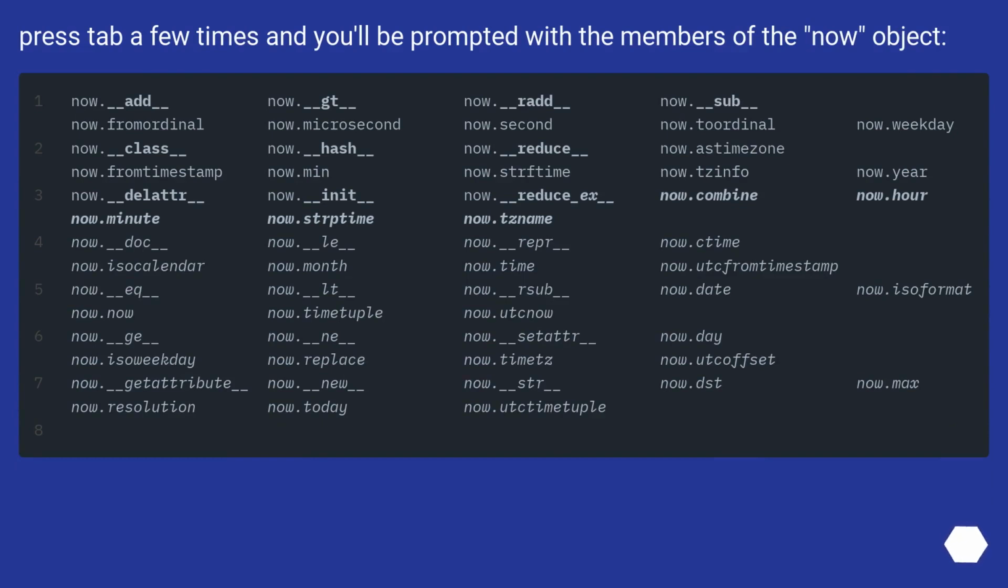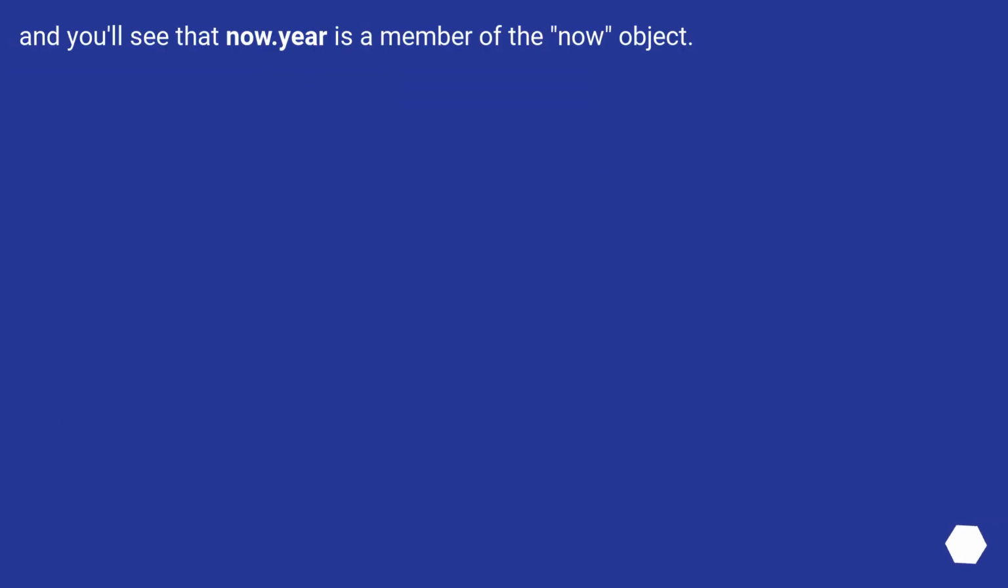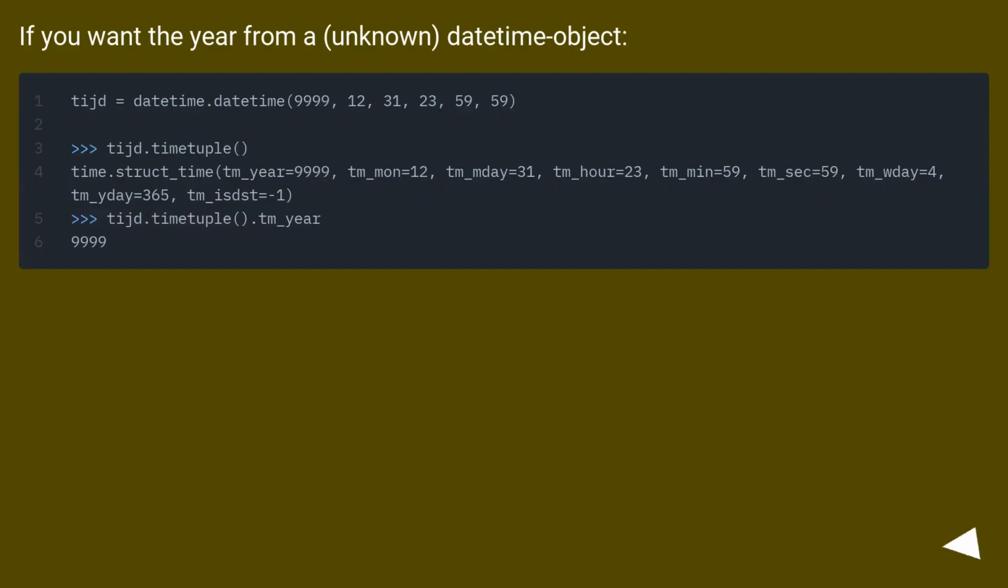Press tab a few times and you'll be prompted with the members of the now object. And you'll see that now.year is a member of the now object. If you want the year from an unknown datetime object,